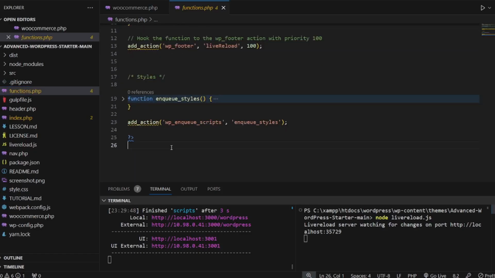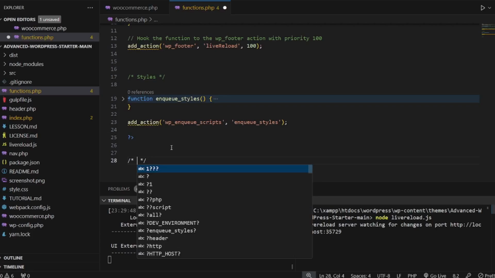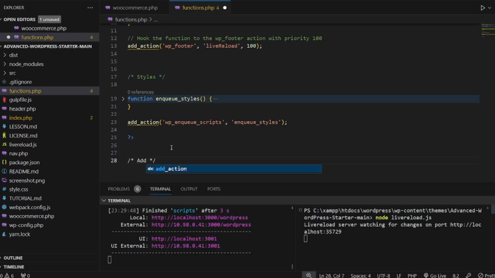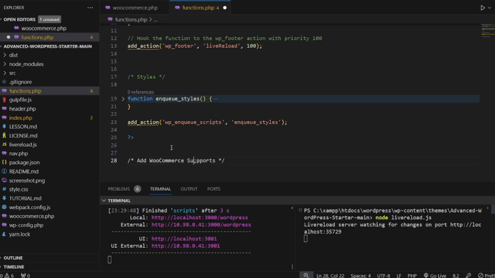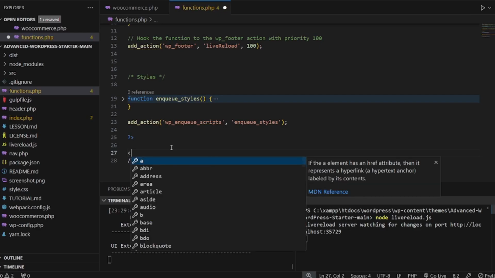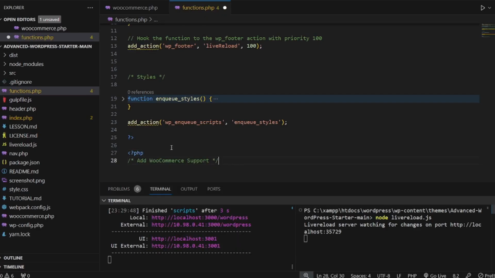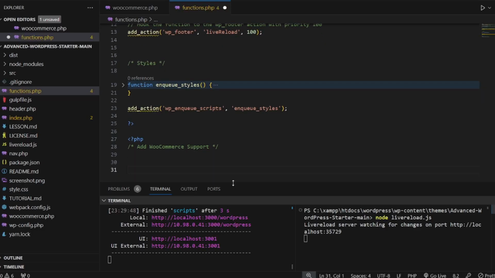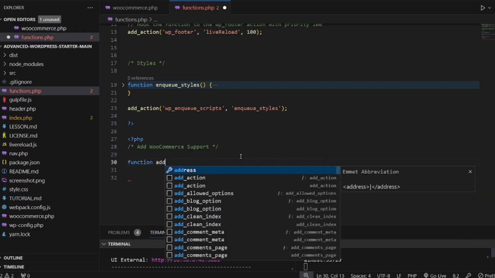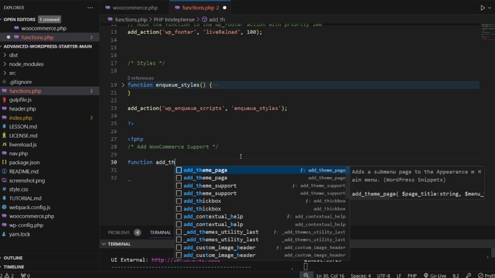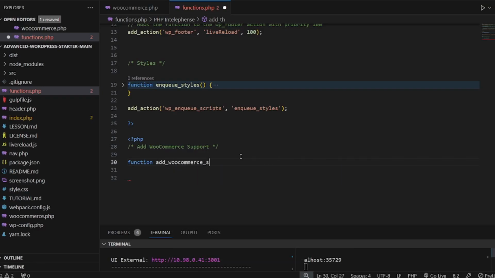All right, so let's go into functions right now, and after enqueuing your styles and the library load and everything, you can just add in a comment over here, and let's call this add WooCommerce support, for example. All right, let's open up a PHP tag, and let's add in the code. Right, so basically what we're going to be doing, we're just going to add in a function that is going to be add WooCommerce support. You can actually rename it whatever you want, like let's say for example advanced theme add WooCommerce support,